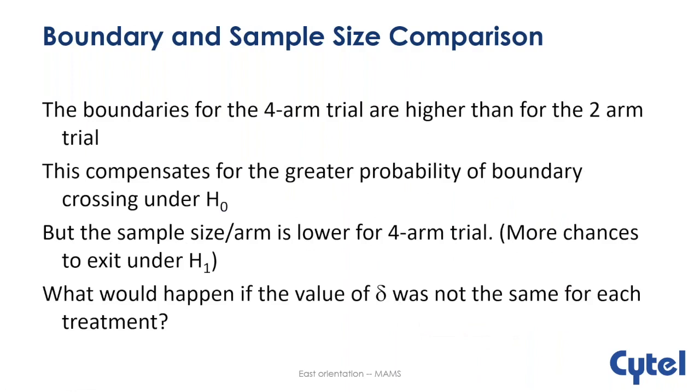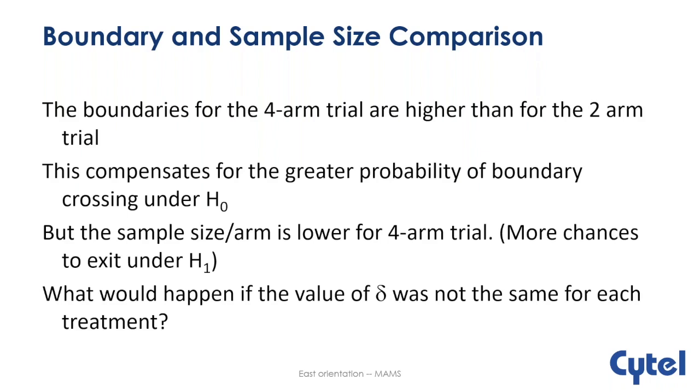These boundaries are higher for the 4-arm trial because this compensates for a greater probability of boundary crossing under the null hypothesis. Okay, you have more chances to cross the boundary when you have 4 treatment arms rather than when you have 2 treatment arms. But the sample size is lower for that 4-arm trial on average because you have more chances to exit under